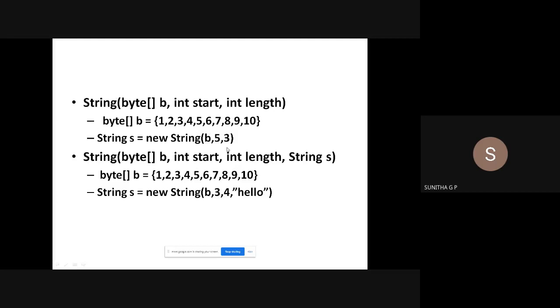In this example, it starts from the fifth position, considers three values, and constructs the string. Again, when you are constructing it, you have to give US ASCII, not this value.